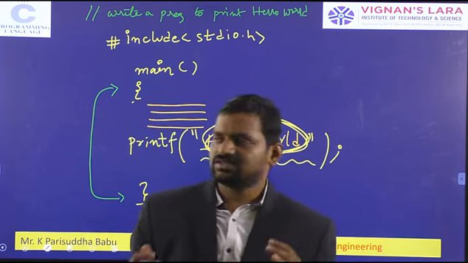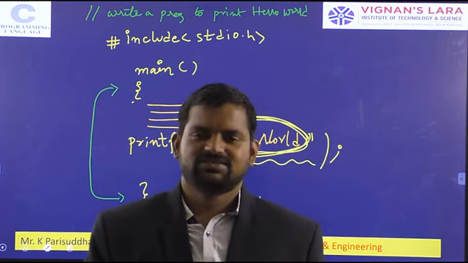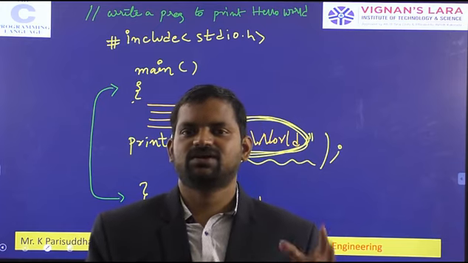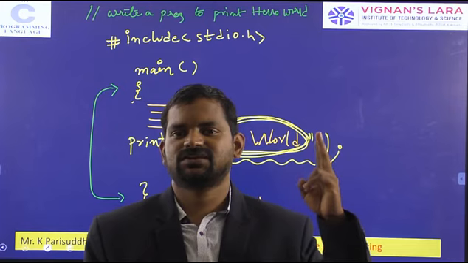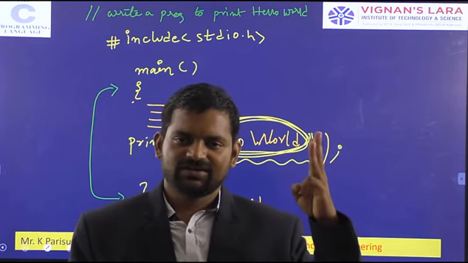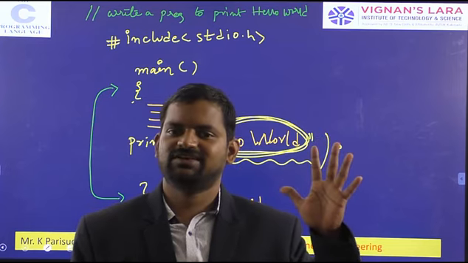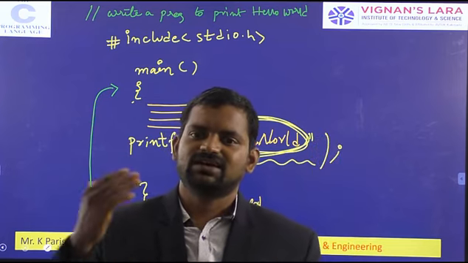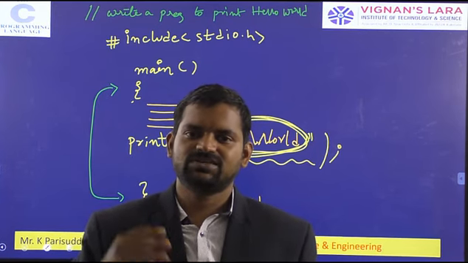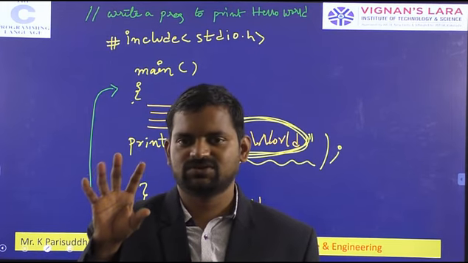Okay. So in this class we studied the structure of the C program. The structure of the C program contains preprocessor directives. Second, global variable declaration. Third, the main program. In that main program, we declare the different variables. After that, within main, we have some instructions. These are the different kinds of instructions available to execute our program.